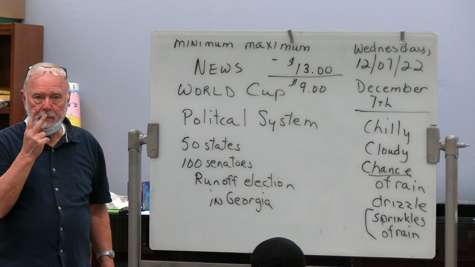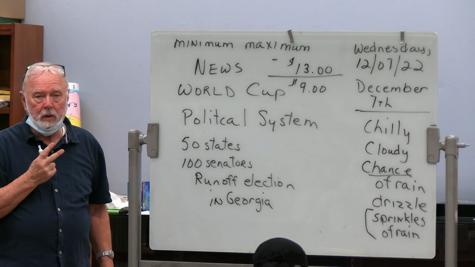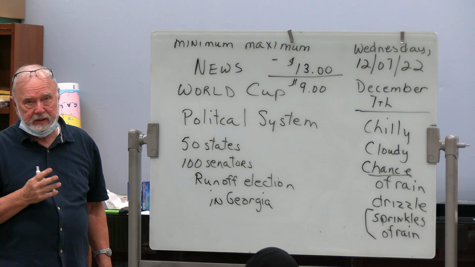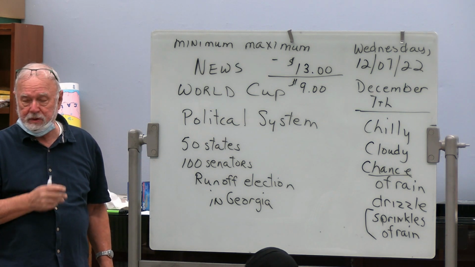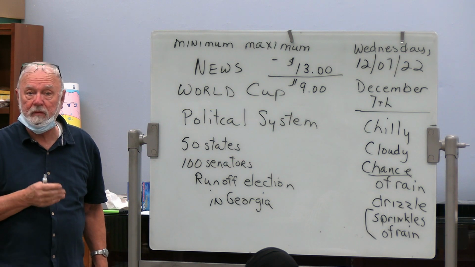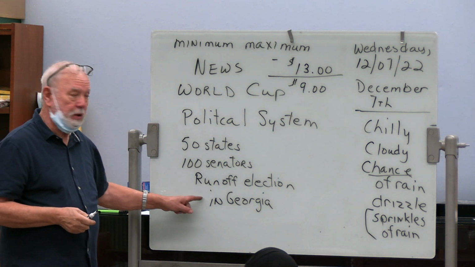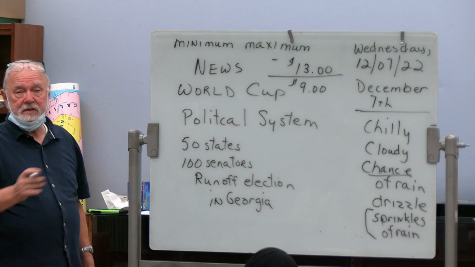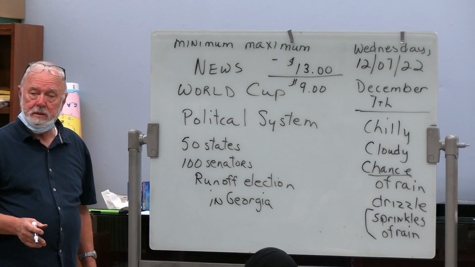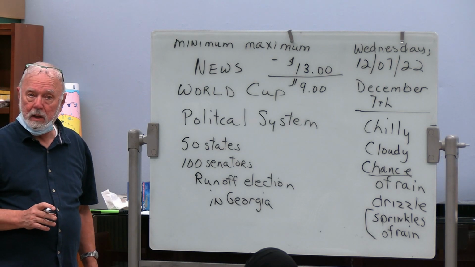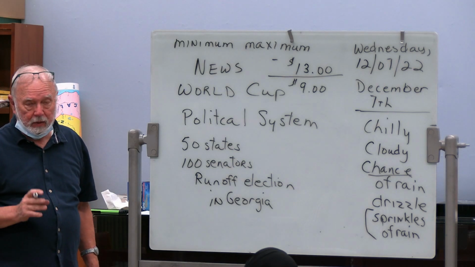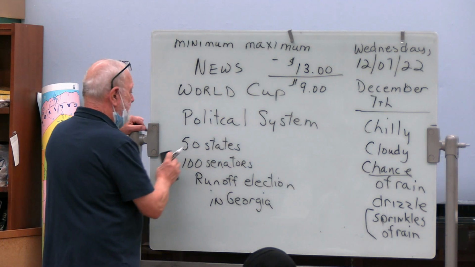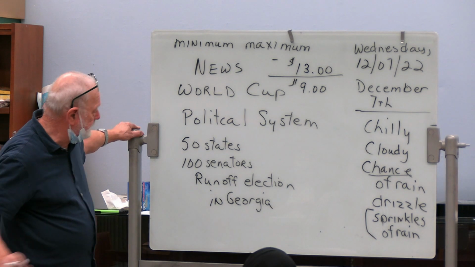So if two people run against each other, chances are they won't both get the exact same number of votes. One person will get more votes than the other. And so that happened yesterday. So now, all the senators in the United States have been put in place. But now we have to remember in our system,